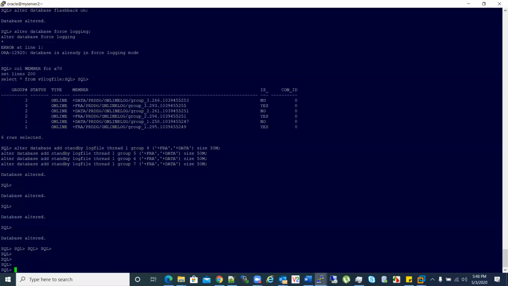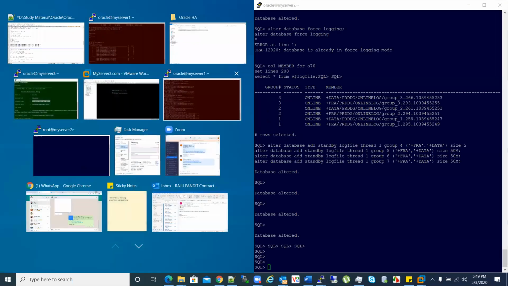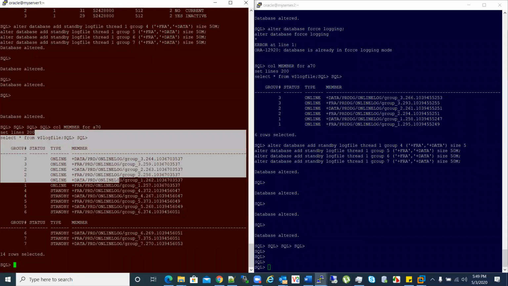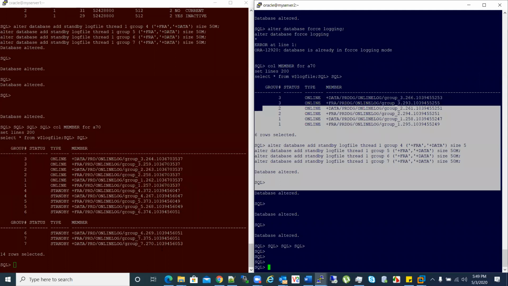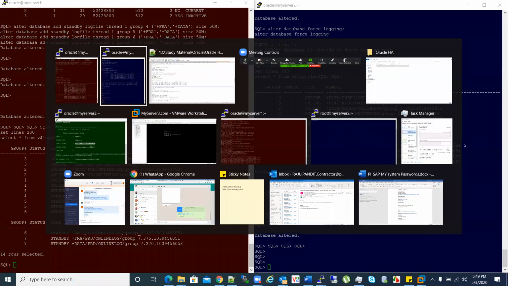That is why we are adding standby log files. Why are we adding them in both? At this moment this is primary and this is standby, but we are building an HA. So in the next scenarios, when a switchover or failover happens, this will become primary and we need standby logs. That is why we are adding them in both systems.